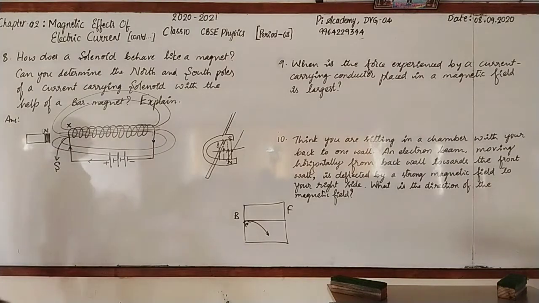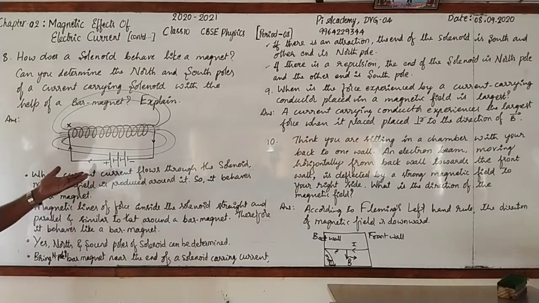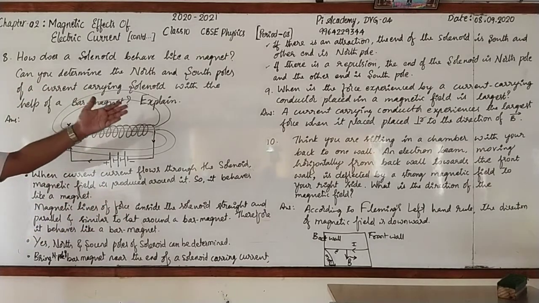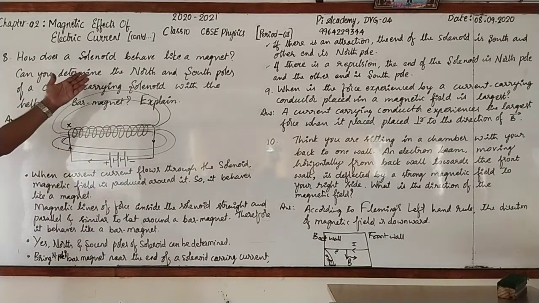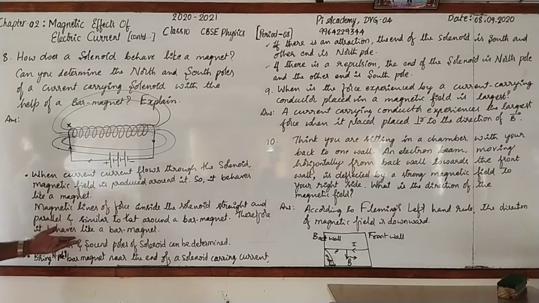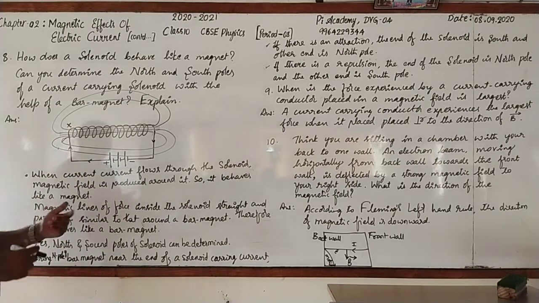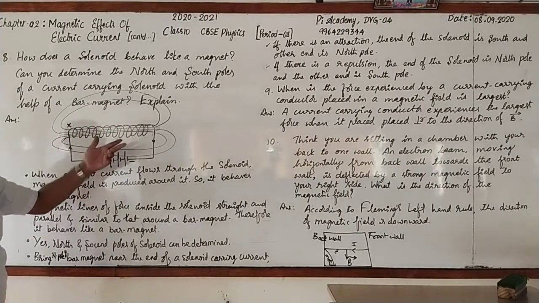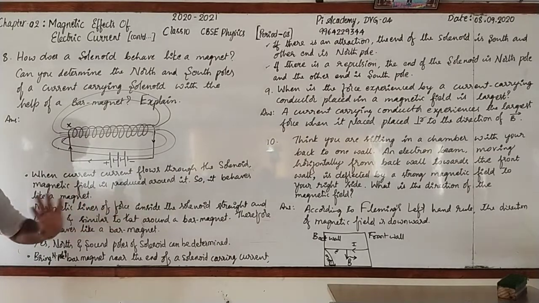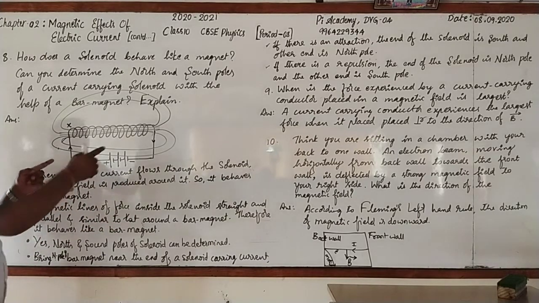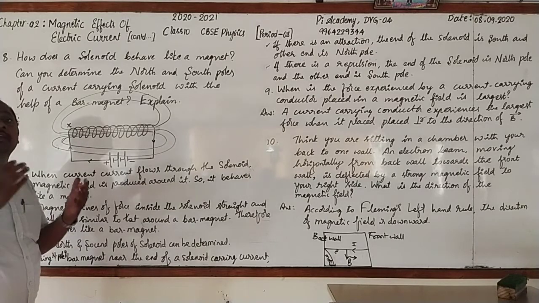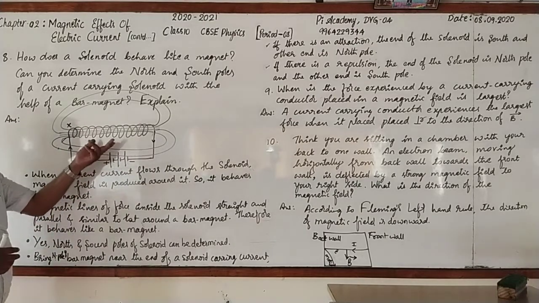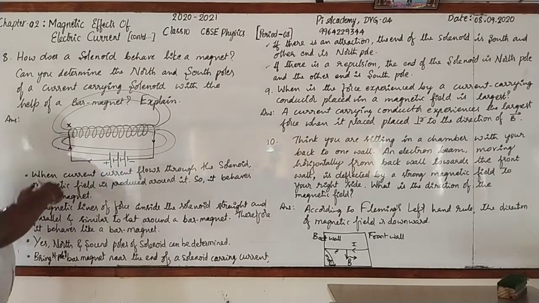Just now let me go for writing the answer for all these. Dear students, please go for writing the answer for all the three questions. Solenoid behaves like a magnet when current flows through it, because when the current flows through the conductor, magnetic field is developed. Around the solenoid also, field is developed. Therefore, it behaves like a magnet. Particularly, the direction of lines of force inside the solenoid is straight and parallel, and outside, it is similar to a bar magnet. Therefore, it behaves like a bar magnet.